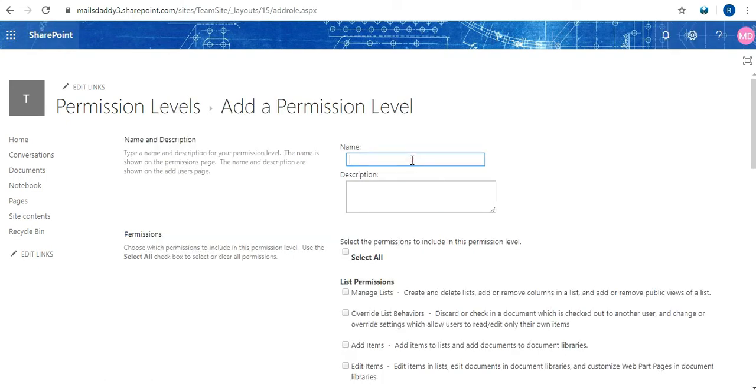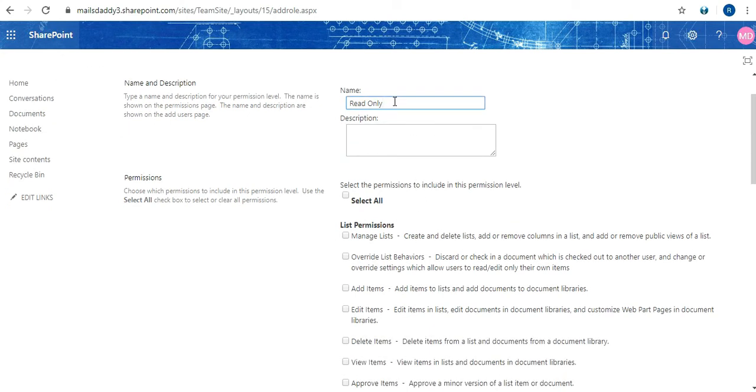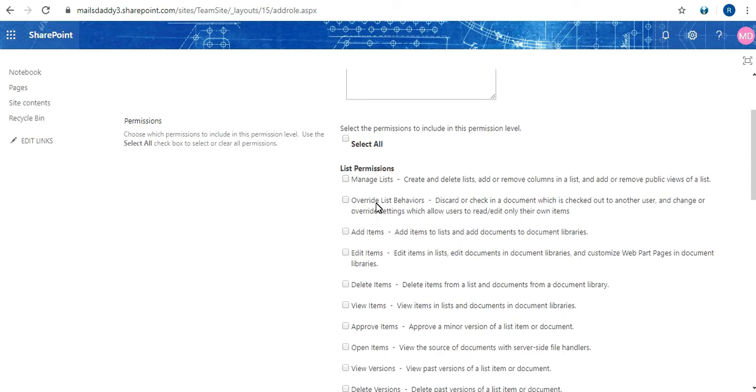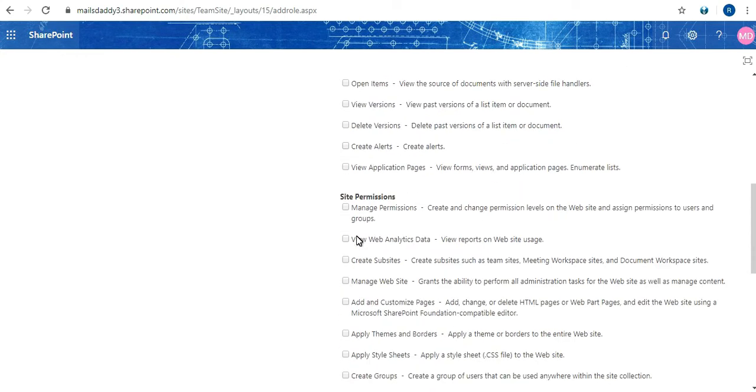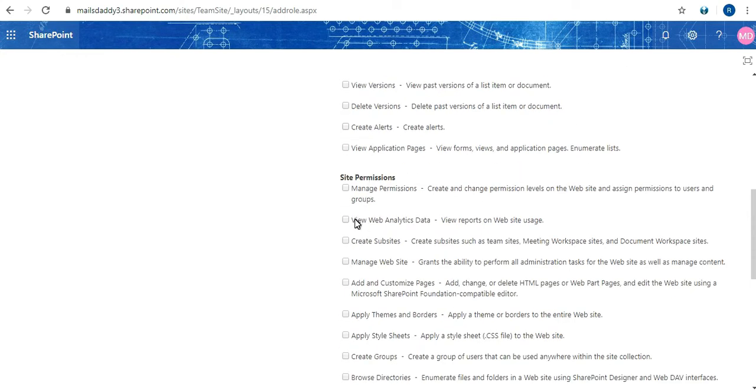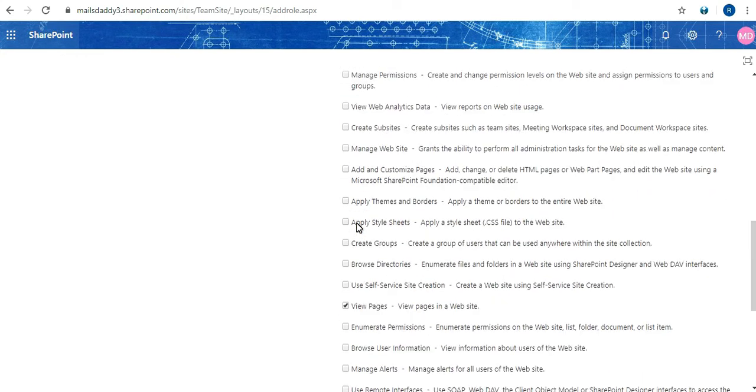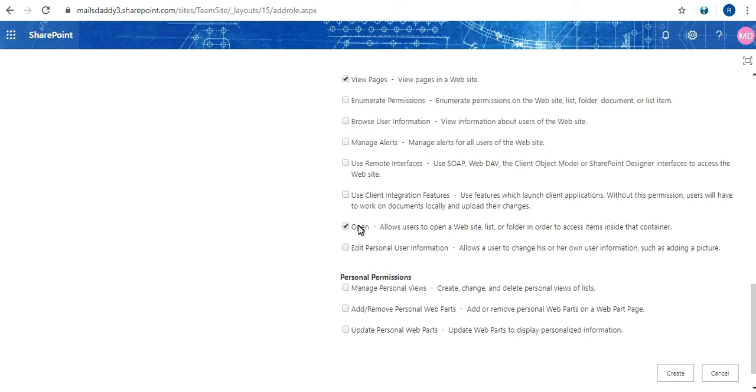From there you can create a new permission, like I am creating a read only permission. I have given it the name read only. Now I will see what I will be able to do in this read only permission. There I can assign view items, and in site permissions I have assigned view pages.